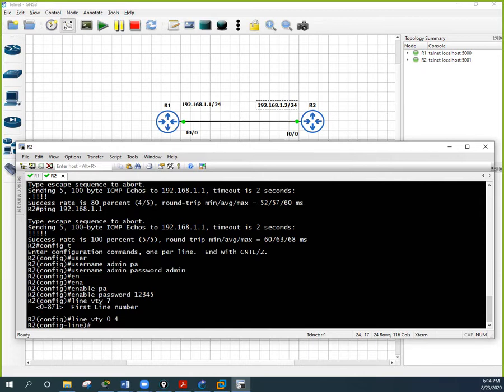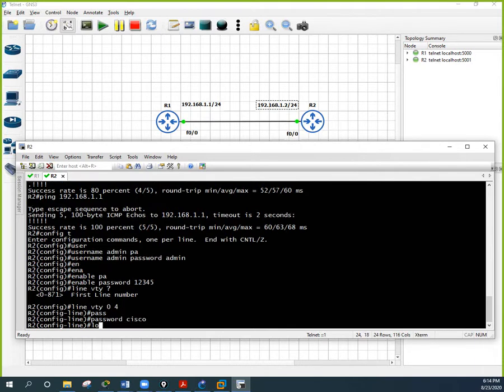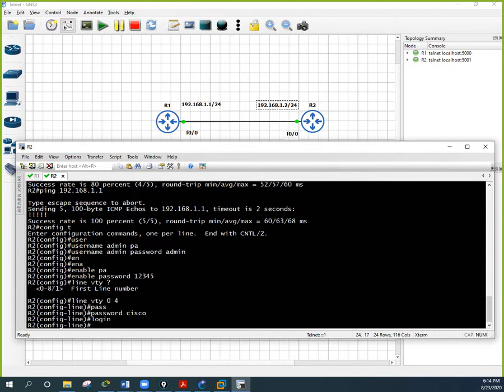Then we can write a password, whatever password we want to give. I will write cisco and press enter, then login. If I write local, then it will ask the username and password. If I did not write local, then it will directly ask me the password. So I am writing local only. So it will ask for the username and password. The password we can write cisco.